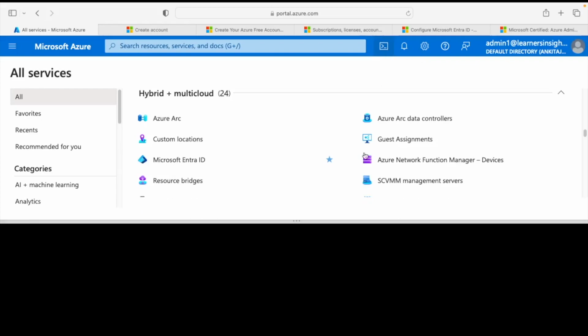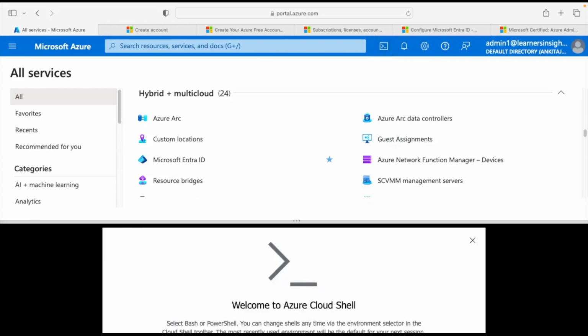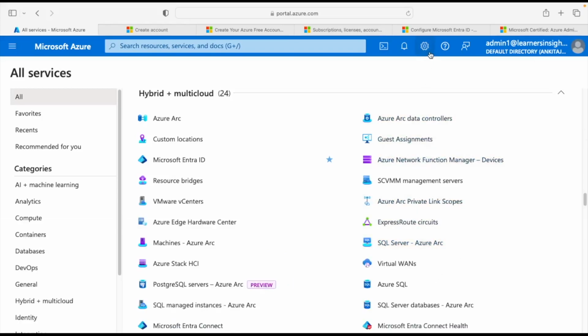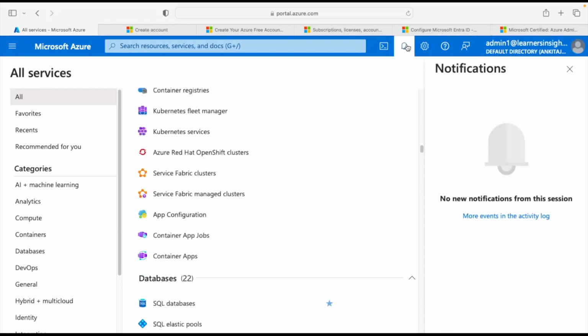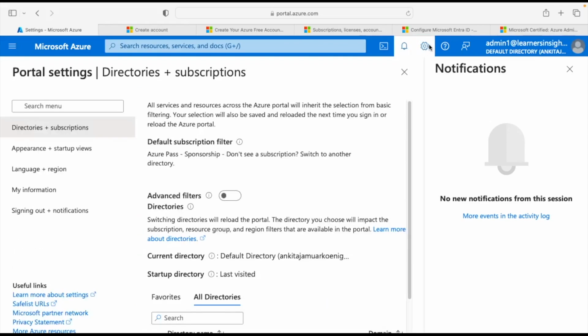So if you click here, you are asked to create a Cloud Shell. A storage account will be added, and you can choose either bash or PowerShell depending on the type of the VM that you have. We have the notification tab which will give you an idea about the services which are spun up. The moment they are spun up, you can click on go to the resource from here. We have the settings tab which will give you an idea about different settings like appearance, languages which you want to reset for your account, and the subscription as well.